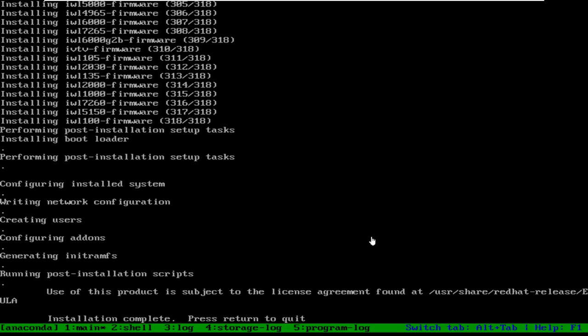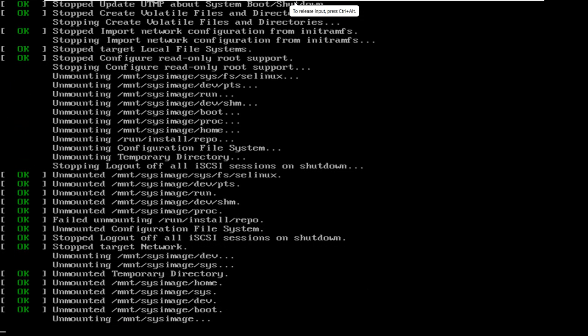Now here installation is finished, and it is saying installation complete, press return to quit. Return means enter, so it is saying press enter to quit, and that means it will do a reboot. And when you press enter, it will reboot.